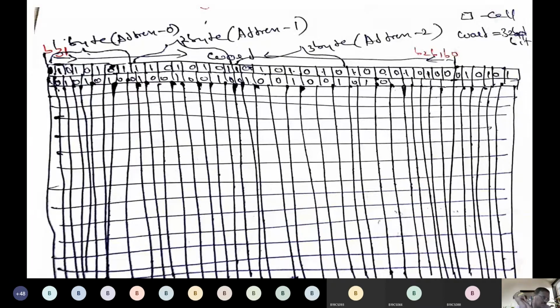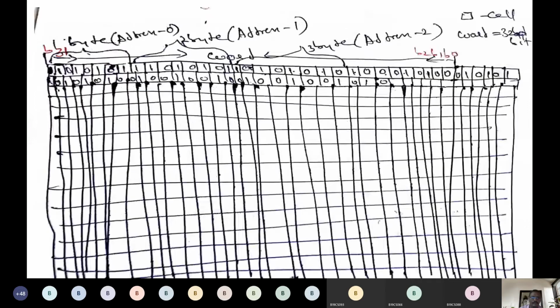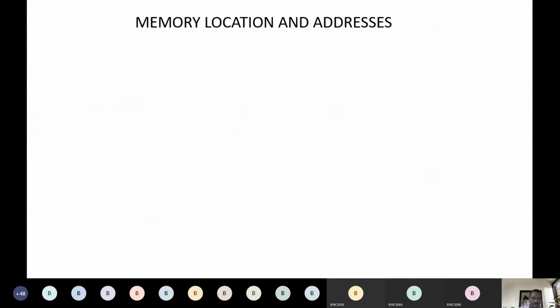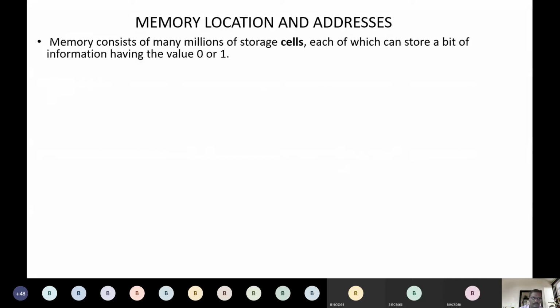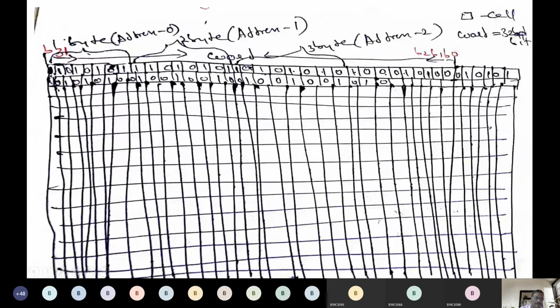Do you remember from the last class? B31. B31 is used to store the plus or minus sign.